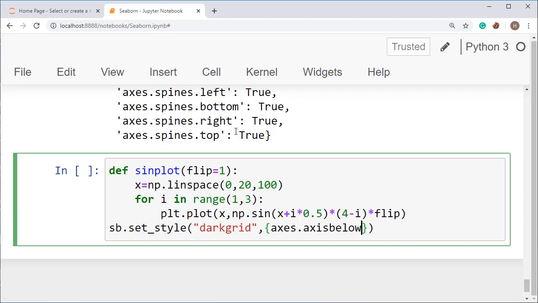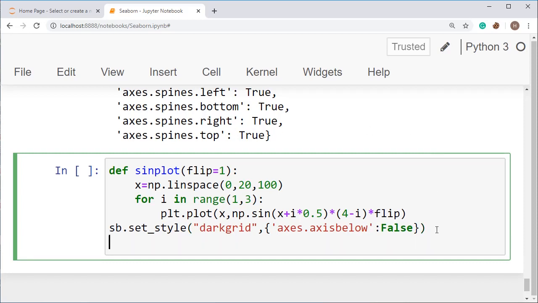I want axisbelow as a False value, so I'm setting it here to False in quotation marks. So this is our styled equation, meaning the syntax for styling the graph. Now use sinplot.